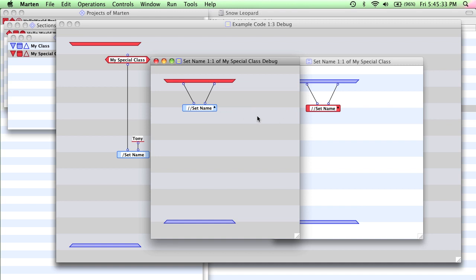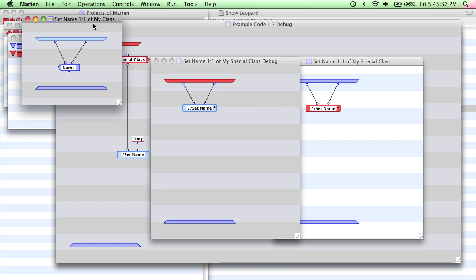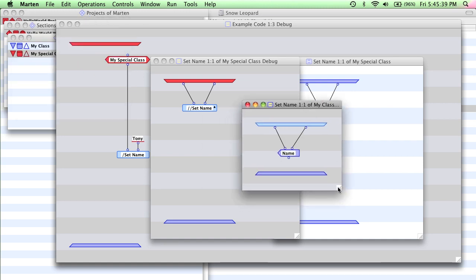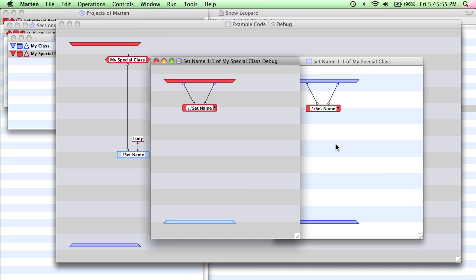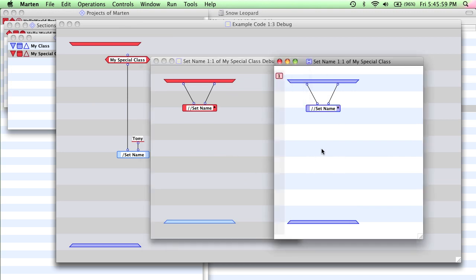So now I'm going to hold down the command key and the down arrow. We're going to step in. Oh, and look what happens here. We are not coming back into the setName method of my special class. Instead, we are now in the setName method of my class. This is exactly what we want. So now we've set the name attribute, and what we might have wanted this special setName to do for my